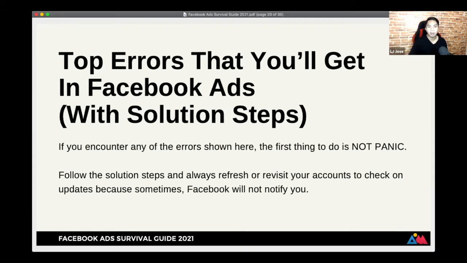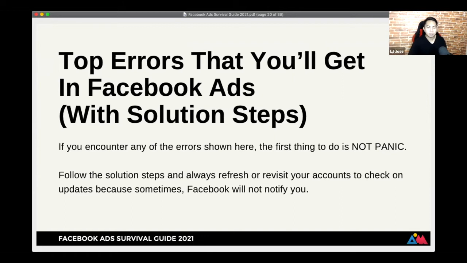Na parang nagpanic, parang na-disapprove yung mga ads, na-restrict yung account ko and all of that. I've done that before, especially nung first time ko na-experience yung mga iba't ibang errors na yon. Ngayon, parang wala na lang. Okay, disapprove yung ad, sige, baguhin natin. Restricted yung business manager, sige, mag-submit tayo ng appeal and then gamit tayo ng iba.